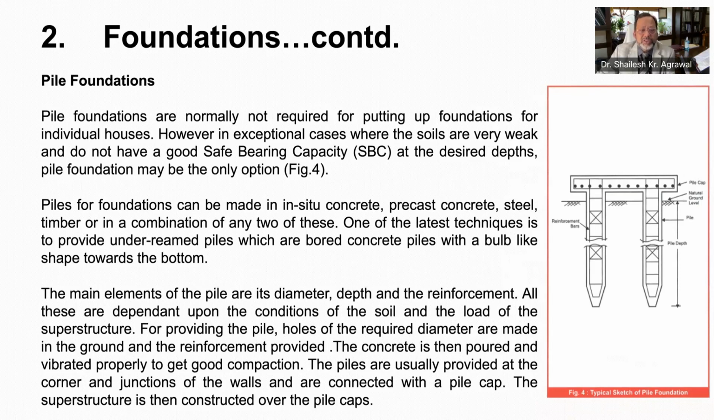The main elements of piles are diameter, depth, and reinforcement, to be decided as per structural design depending upon the soil strata. Let me briefly tell you the construction details of piles. Normally, holes of required diameters are made in the ground and then a reinforcement cage is lowered. The concrete is then poured and vibrated properly to get good compaction. The piles are normally connected, as you can see in this figure, with a pile cap,